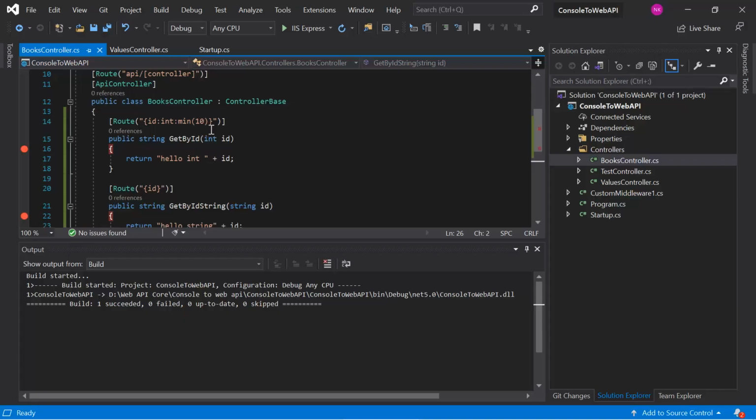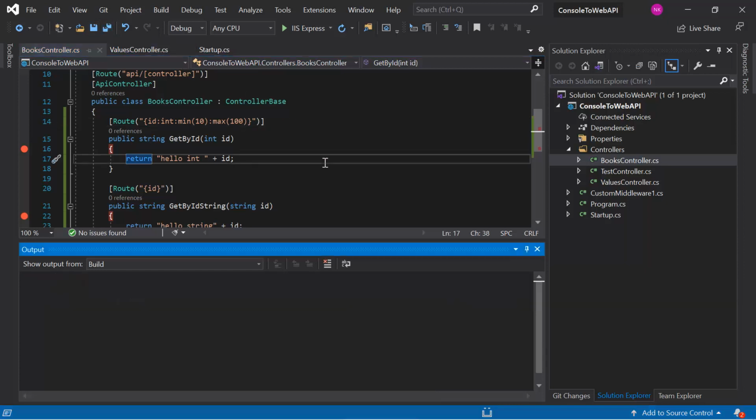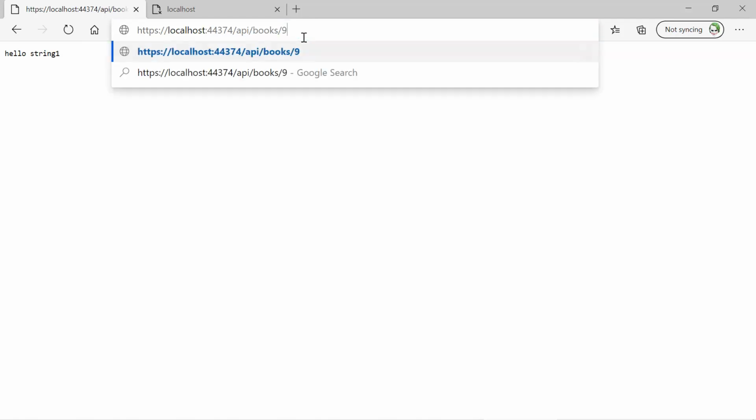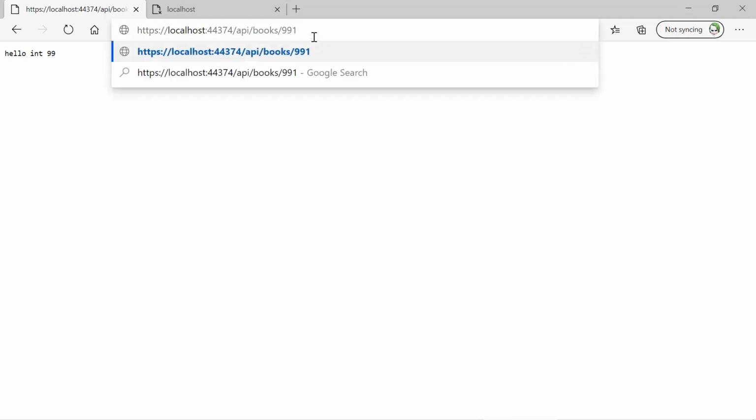Let's say along with this minimum, now I want to work with the max also. So here I can define max, and in the max method I can provide the maximum number. Let's say it is 100. Save the changes, build this application, refresh this page. Here we are having a string for id 1. Let's define it like 99. Press the enter button. So we are having the message from integer, but if I update this value to greater than 100, just like 991, press the enter button, and here we are having the string,